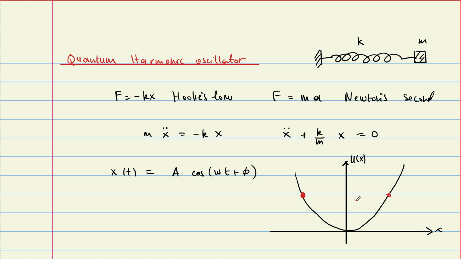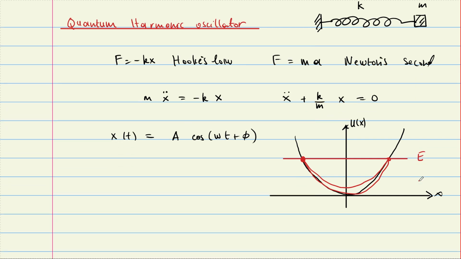So like this, and the particle just goes back and forth, right? If you want, we can also put it like this, E. This is E. So these are the classically allowed region,